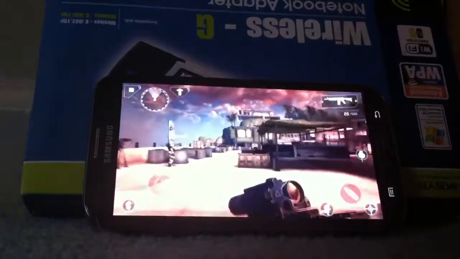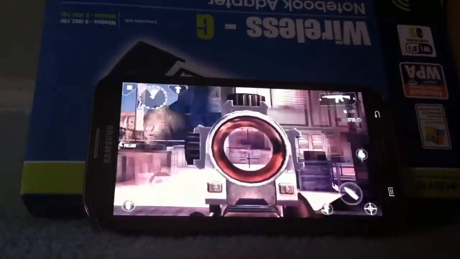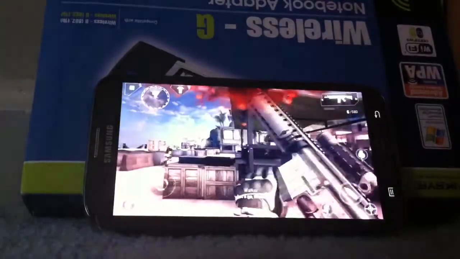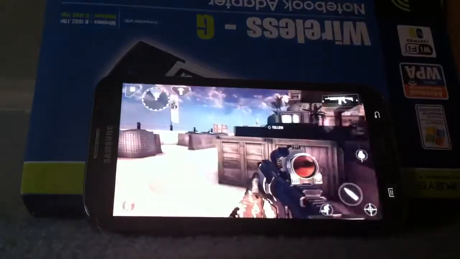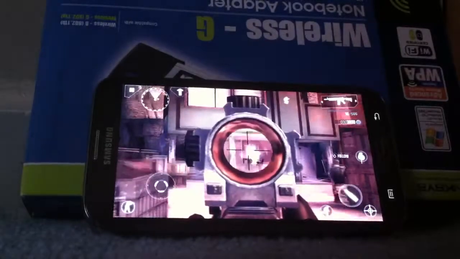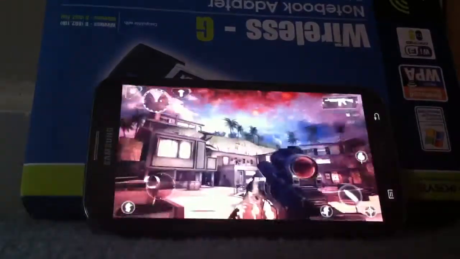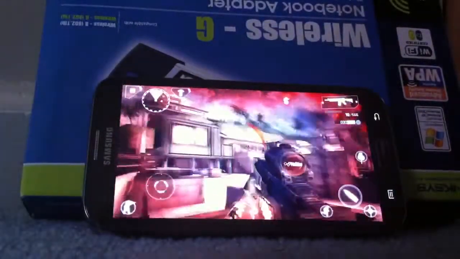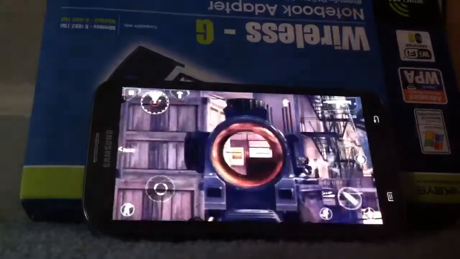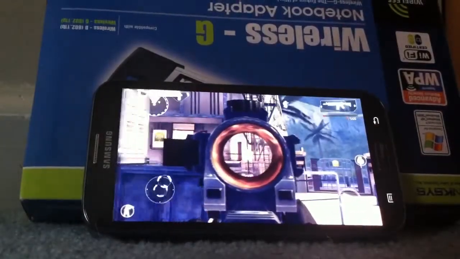Now, if this was on a big tablet like the Nexus 10, or, you know, a really fast tablet, it would be awesome. I'll admit though,